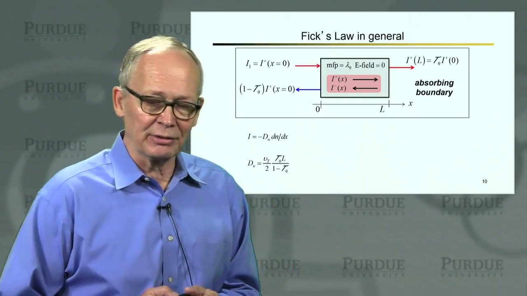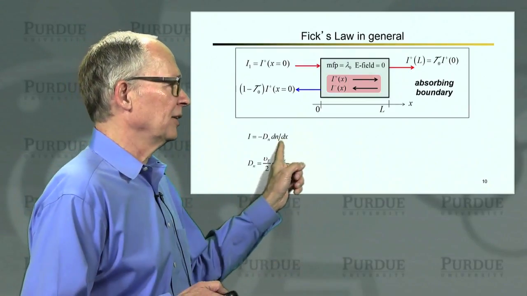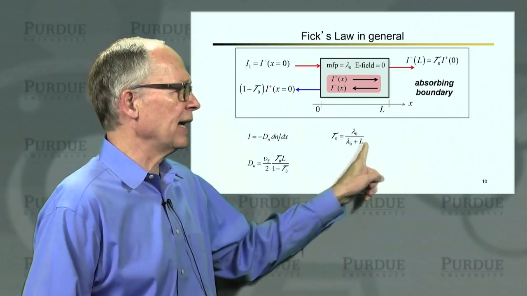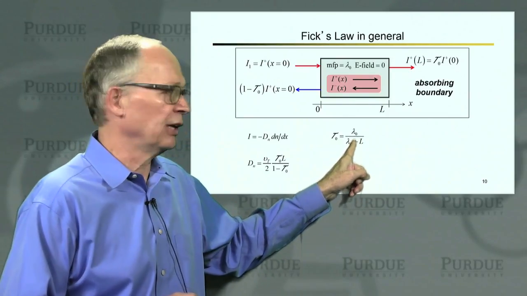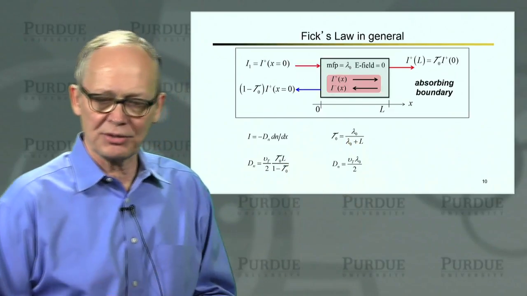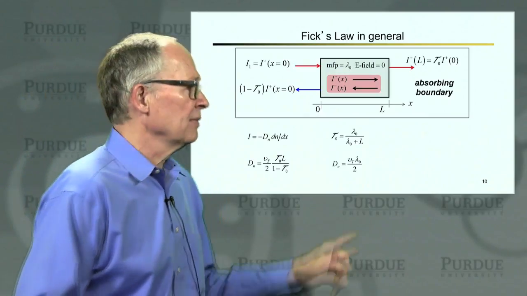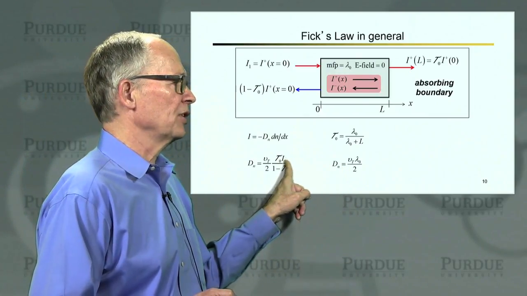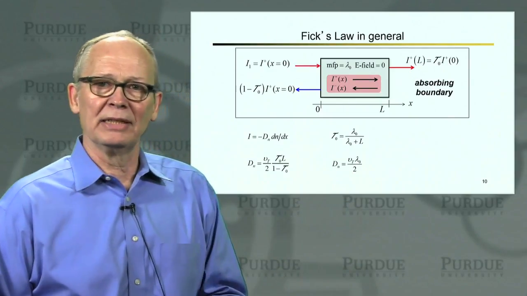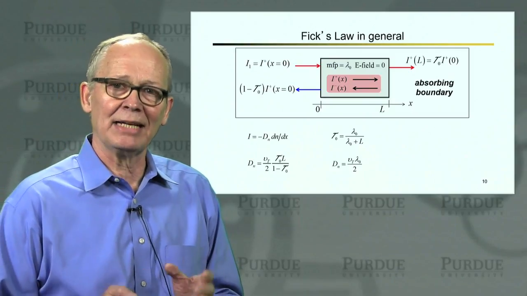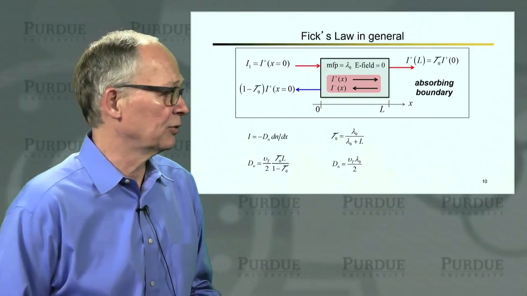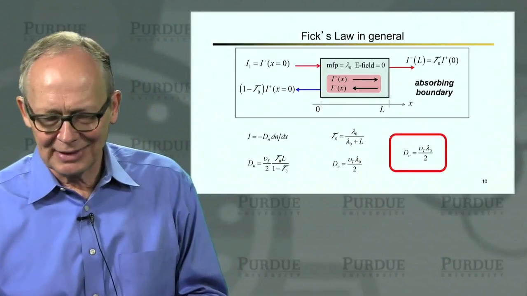Okay, but something even more interesting happens. If we take this Fick's law, if we take our expression for the diffusion coefficient, if we take our known relation between transmission and mean free path for backscattering and insert it in this expression, we get then an expression for this diffusion coefficient, and the channel length drops out. This is the expression that depends only on material properties. It's the same diffusion coefficient that you would get in a bulk material that is very, very long compared to a mean free path.